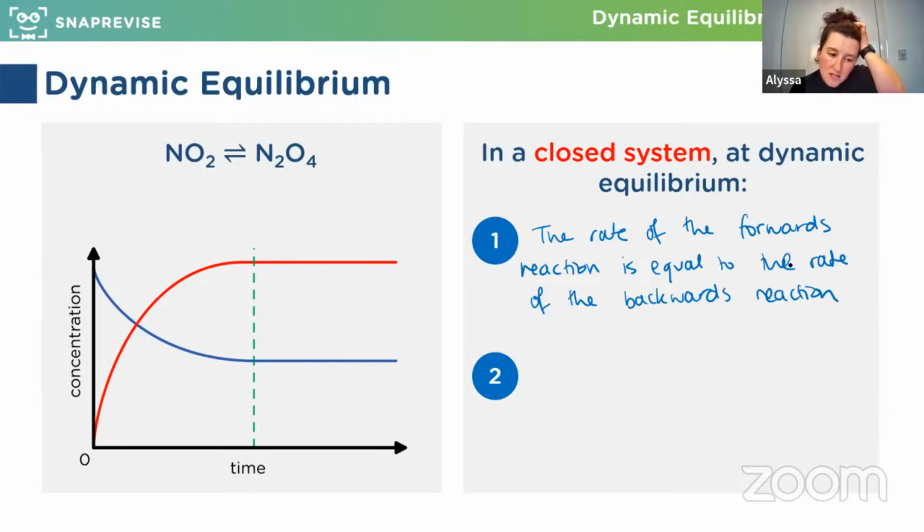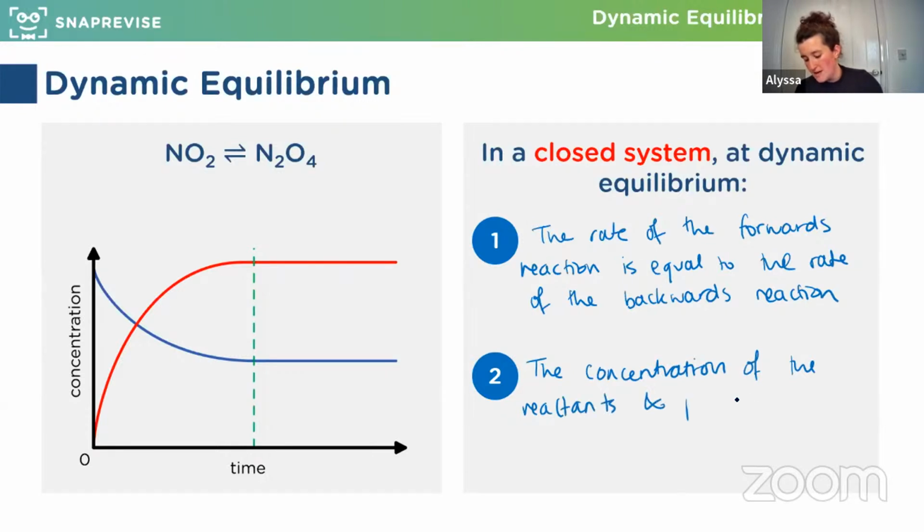Perfect. Has anybody thought of the second one? Oh, somebody has. At least a couple of people have. So the second one, well done those of you that said it. I think I saw Tammy, Alyssa, and somebody else earlier. Exactly. So the other thing is that the concentration of our reactants and products are constant. In this case, we have to use that term, constant. So the concentration of the reactants and products remains